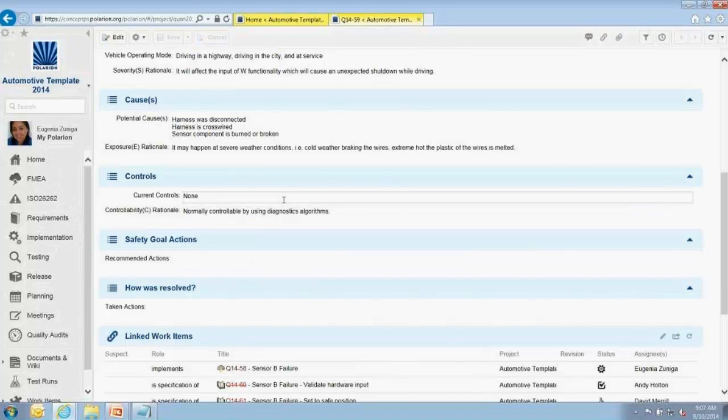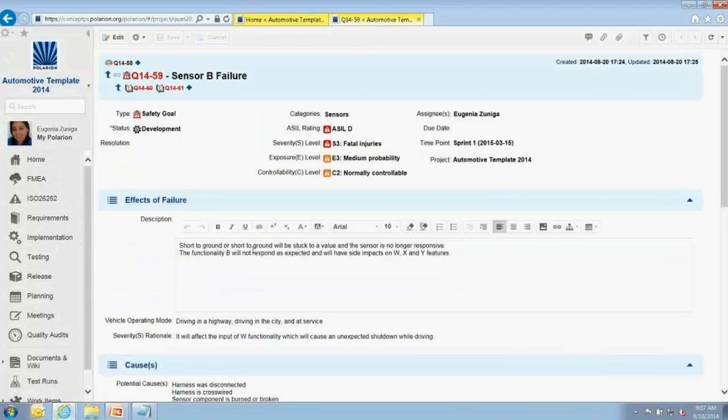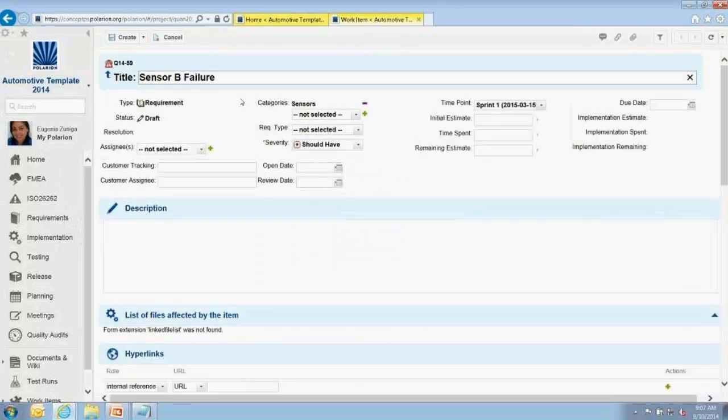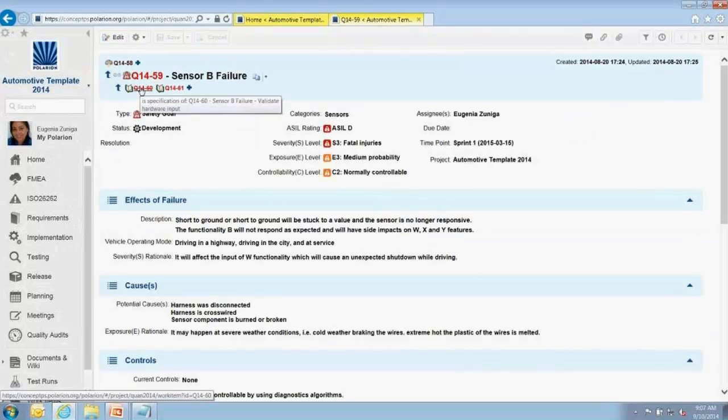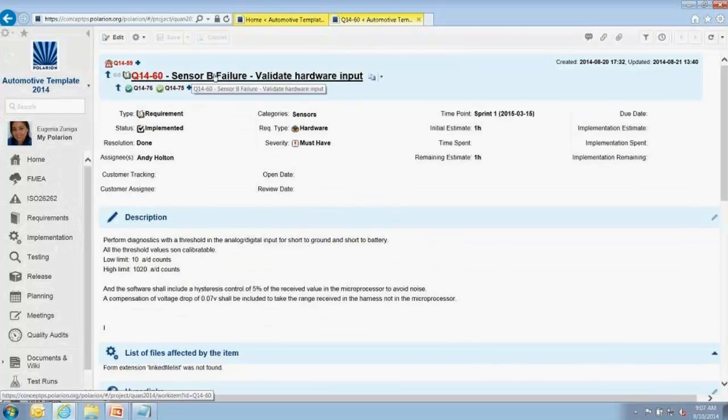Instead, what ISO 26262 usually asks you to do is write down the requirements right here. But it's not very usable, because that means you have to search in every single hazard to see what the requirements were. So instead, with Polarion, you can just create a safety requirement. Click here, boom, you're done. And then you just write, okay, for this we're going to cover it with this and that. I'm going to just click cancel because I already have some here. I have my requirement, which is safety.